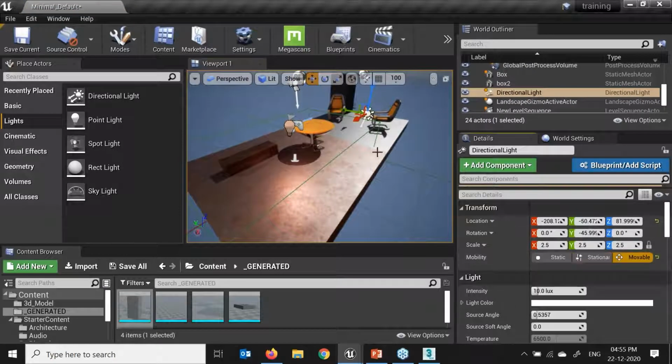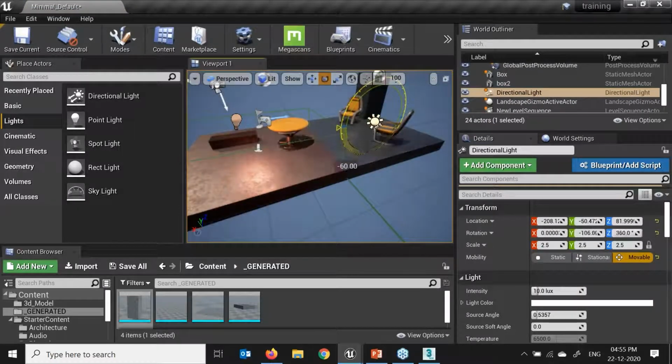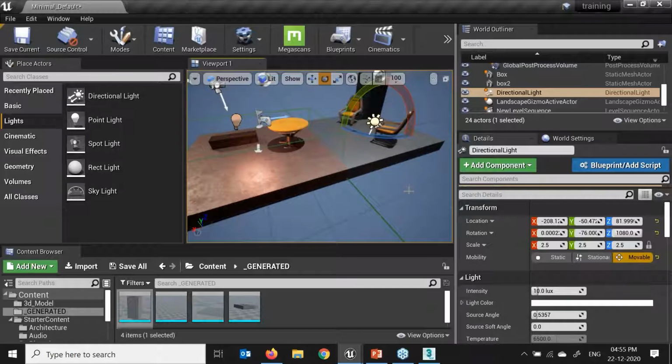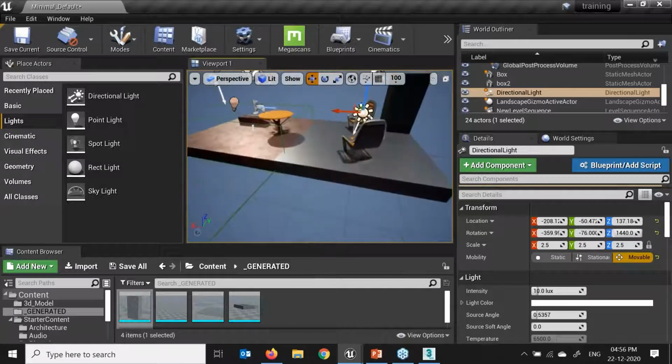If I say movable light over here, this will get real-time effects in my scene. But we always have to remember that movable light will take more time to cache or bake, correct? That also depends upon the hardware we have in our computer.